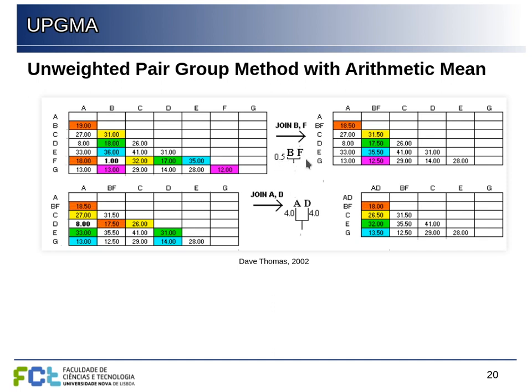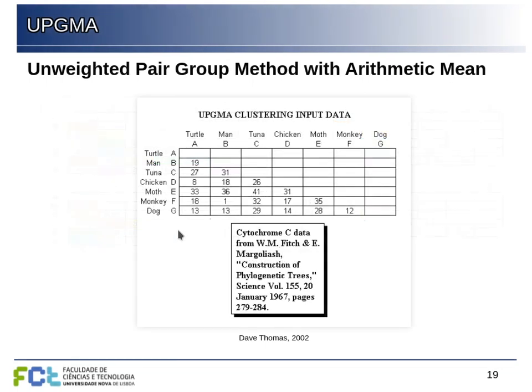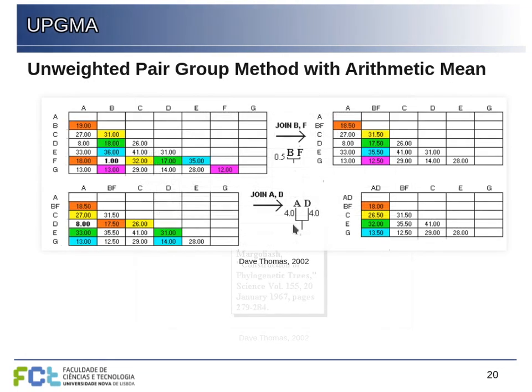If we want to draw the actual tree, we now can divide evenly the distance between the two elements, between human and monkey. We divide 0.5 each way. So the branches become equal, both branches. And now we repeat this. We find the next smallest value, which is here between D and A. So this would be chicken and turtle. And now we group chicken and turtle together, doing the same thing, computing the average and throwing away one row and one column.